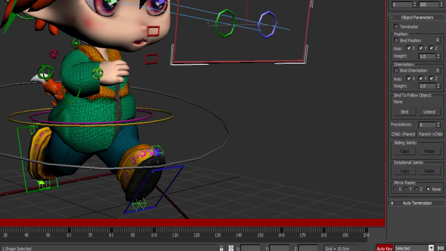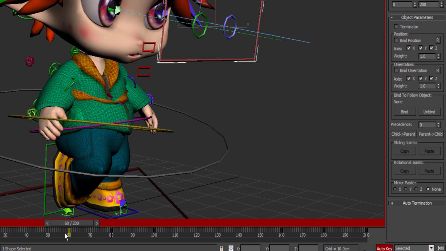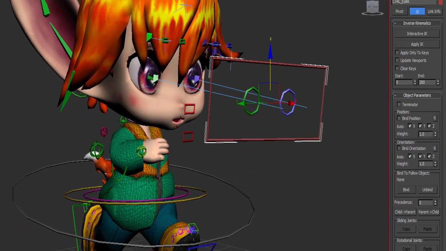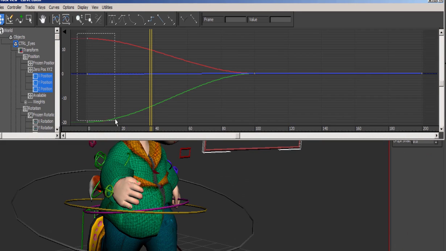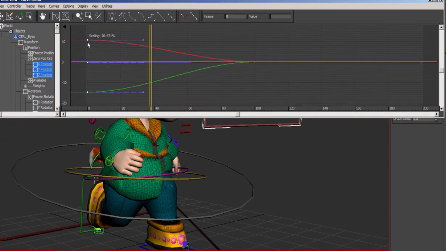Okay, so it was doing the same thing again for some reason. Just gonna modify those keyframes or get rid of them. If we go into the curve editor, we can see them here. Not too sure why that happened. Just gonna scale them into 0.